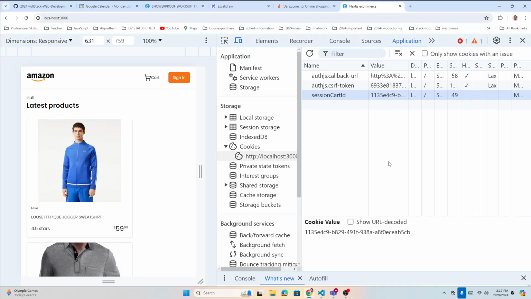Then we're going to use that ID to find out if the user already has a cart in the database or not. If there is a cart, we're going to display the cart information here, right? Like how many items are in the cart and all that. Okay,